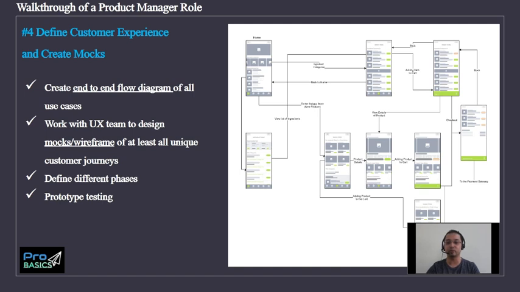It is also better to do this activity in depth so that there is no confusion later when the product goes into tech development. If your product is basically a roadmap of smaller products, you should break down these user experiences into phases, which is what gets launched first and what gets launched afterwards. The UX team can also create mobile and desktop prototypes of these mocks to have almost a real life experience of the product.